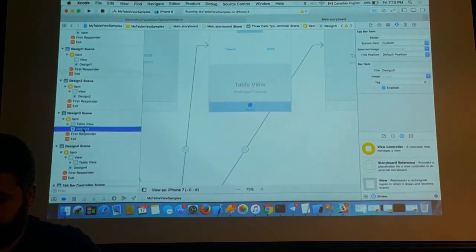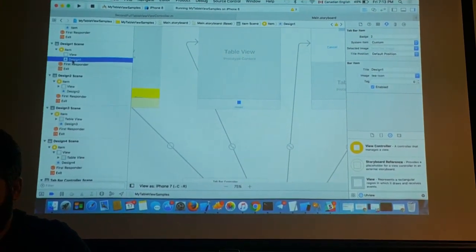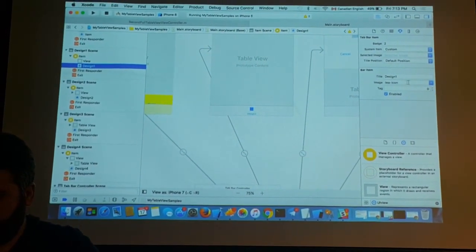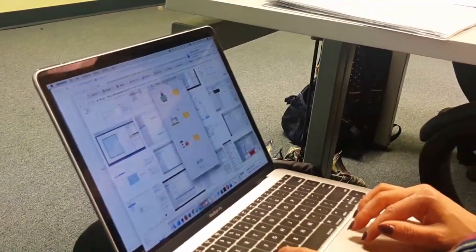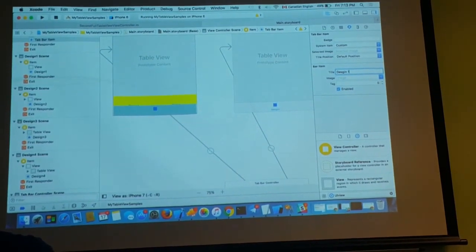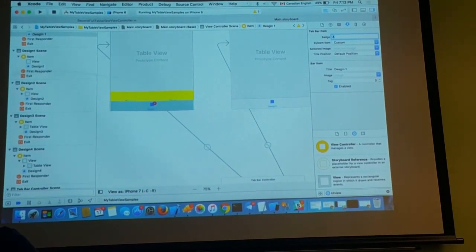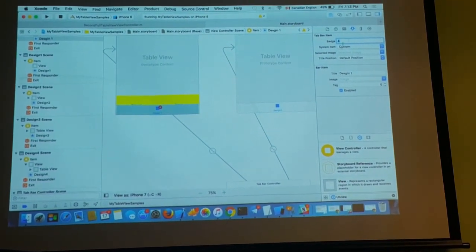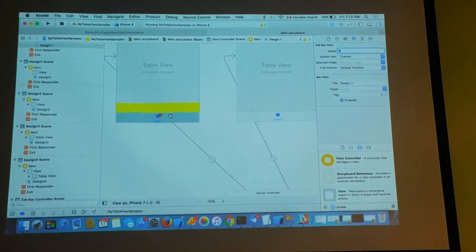Design 4, design 3, design 2, design 1. See the badge? Have you seen that? This little thing, it shows, for instance,